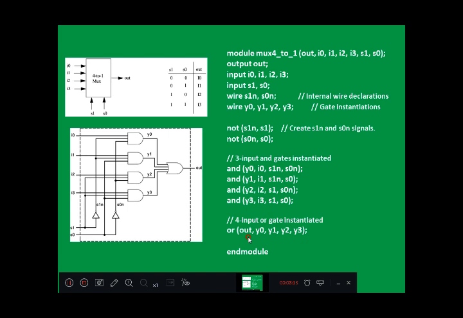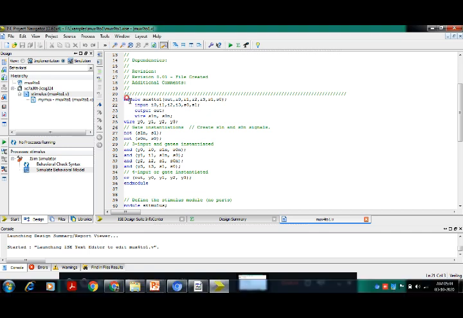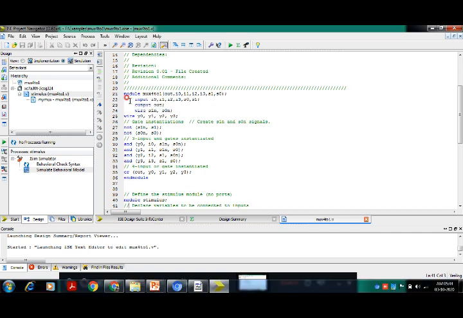We'll write a test bench also for this, and we try to simulate using the Xilinx tool. Here we can see in the simulation environment. So I opened the ISE Project Navigator. We have written the same code. We try to develop the stimulus.